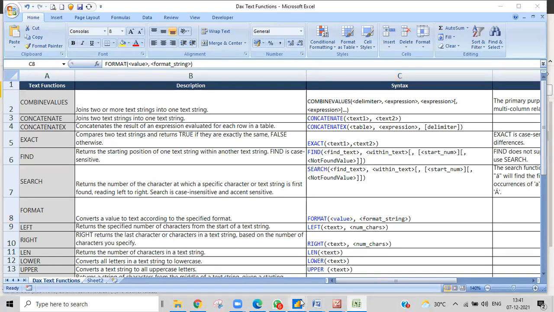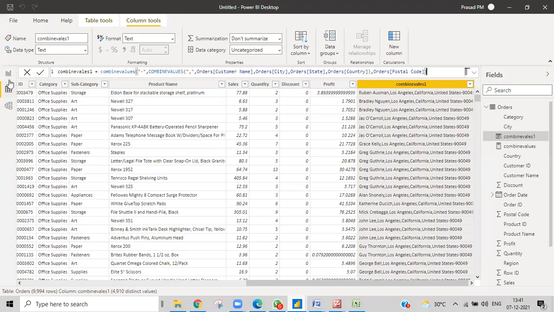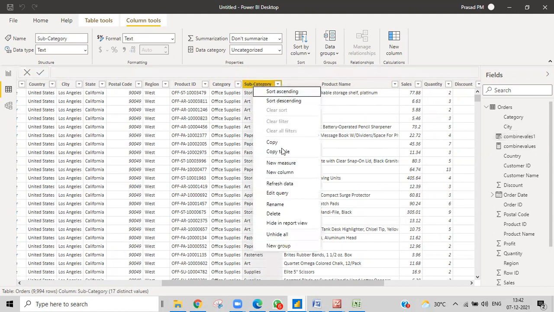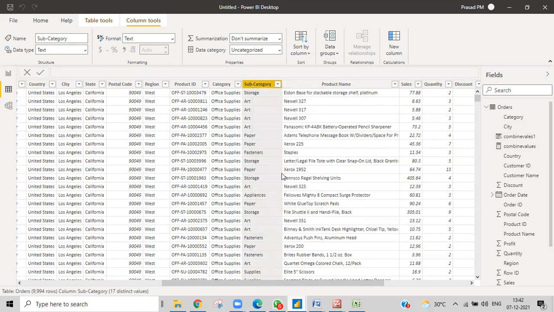I'll show you one example over here, maybe any random one. I'll add category and subcategory so that you can see how it looks. I'm just trying to give a column example, and if needed, I'll go and create a measure. So right now I'll create a new column: new column, then category, subcategory.